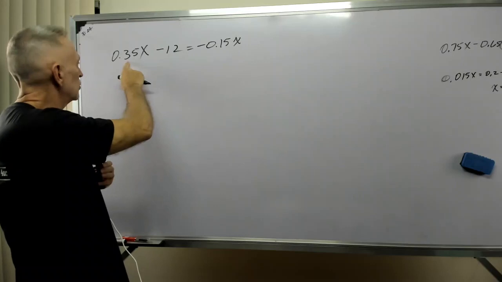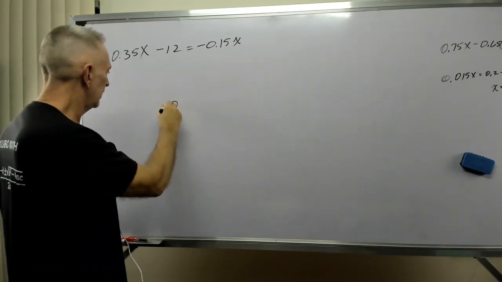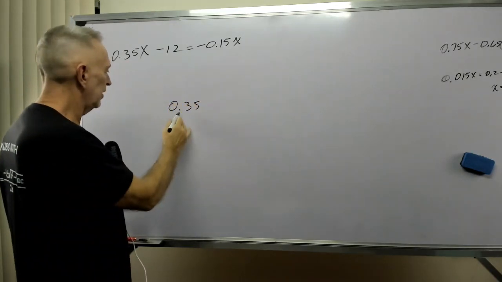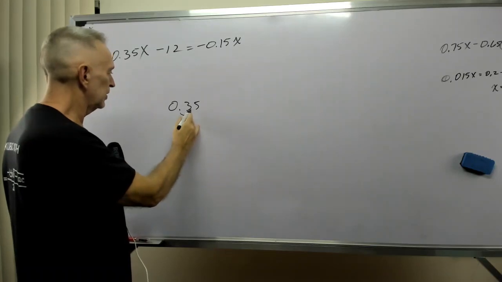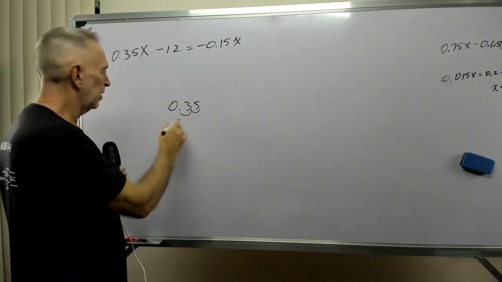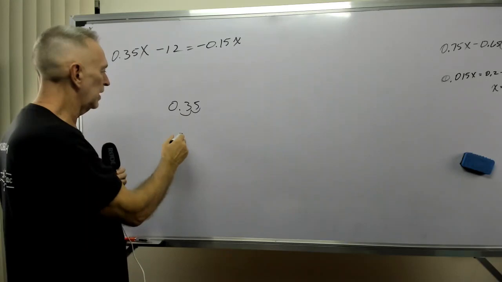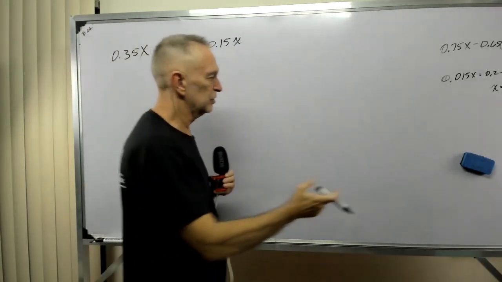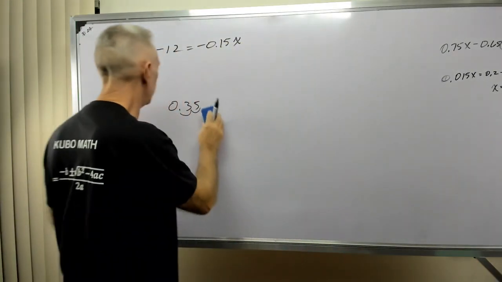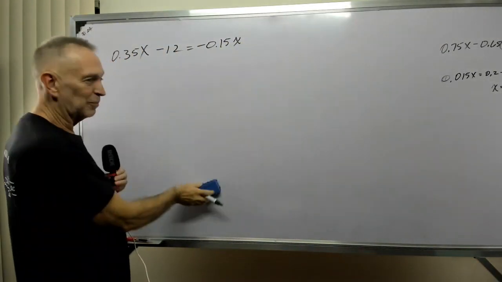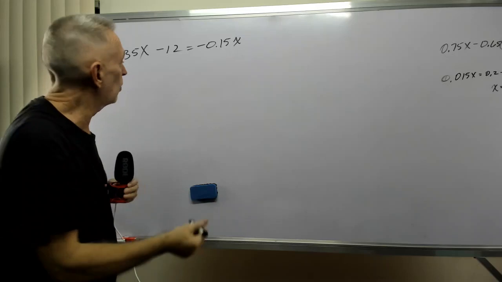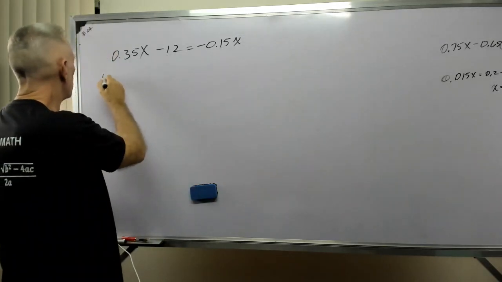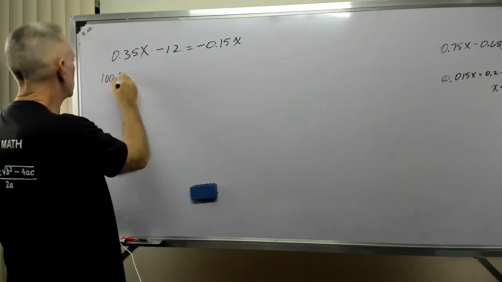If you had this 0.35 and you multiply that number times 10, it moves the decimal one spot. If you multiply it by 100, you move it twice. Wow, okay. I can eliminate that by just multiplying everything by 100. It's that simple. And then solve it the way you normally would. So let's multiply this times the